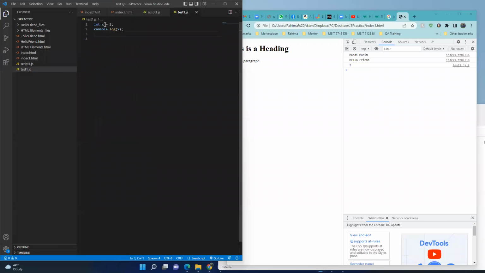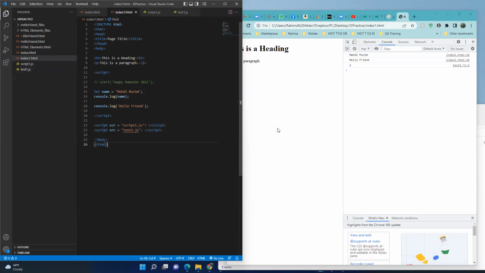It says let x equal to 2 and then console.log x. Then let x equal to 2 and let y equal to 10 and then console.log x plus y, sorry, and then it should display 2 plus 10, 12, right? So I will not run this one, but I will run this one. As long as it is open over here, I just refresh it, and then